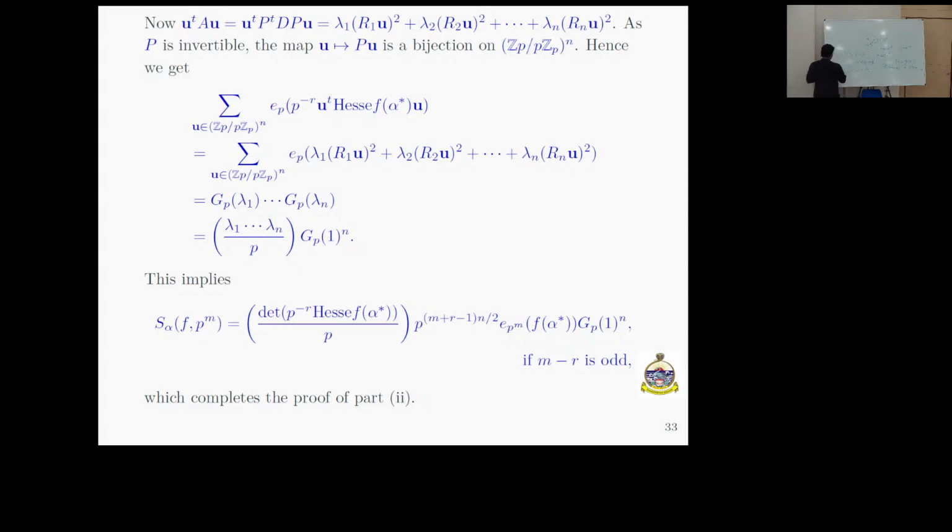If you define it by some Jn, that is exactly what I have done there, right? That's why in the last term we get this Legendre symbol product of a lambda into J1 Jp to the power n. So this is the same as this. Now if we put everything together, then we have our expression for this exponential sum.